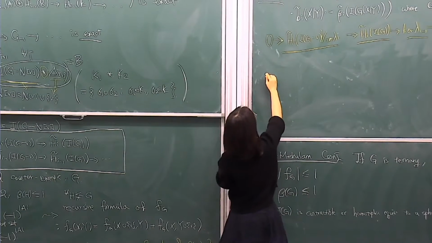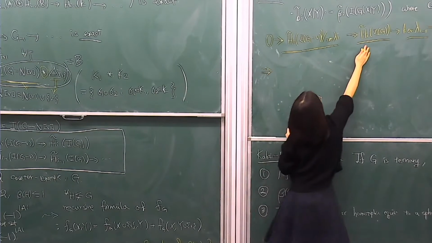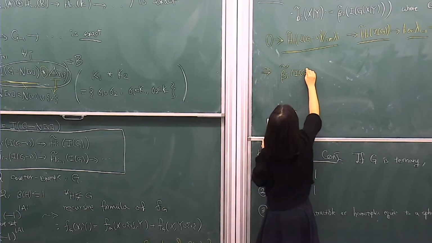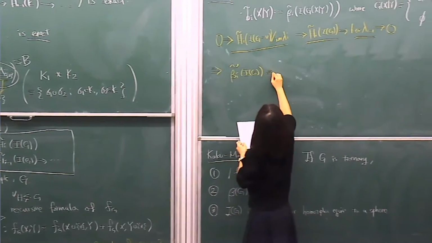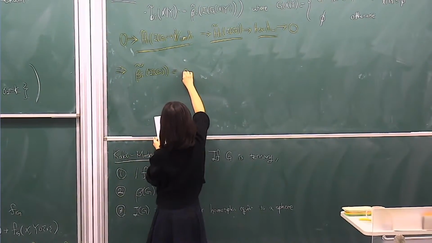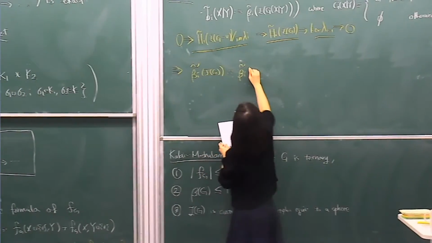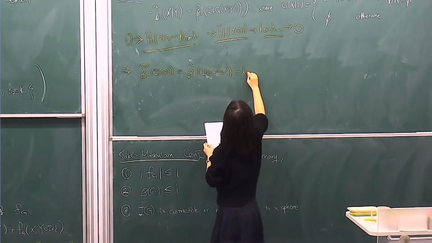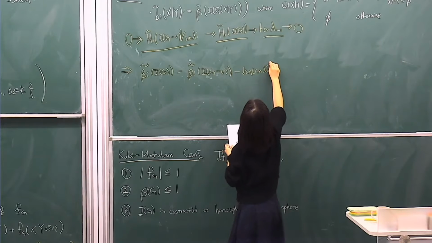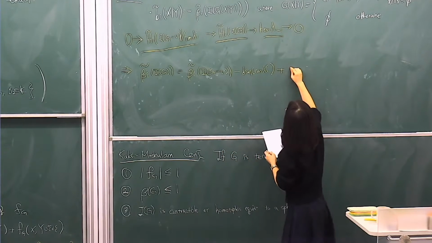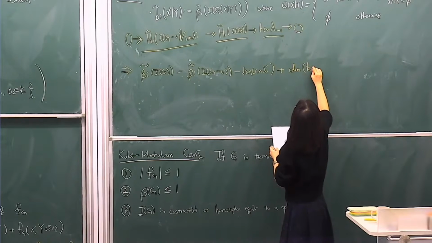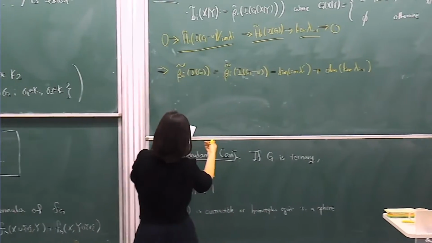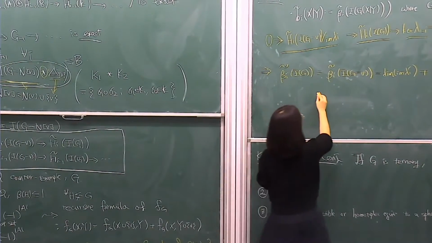we obtain that the dimension of this, which means beta i of G, is the dimension of this, which means, and also plus the dimension of this. And then also by using the dimension theorem, we obtain the